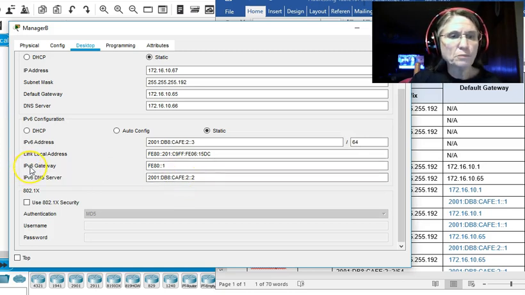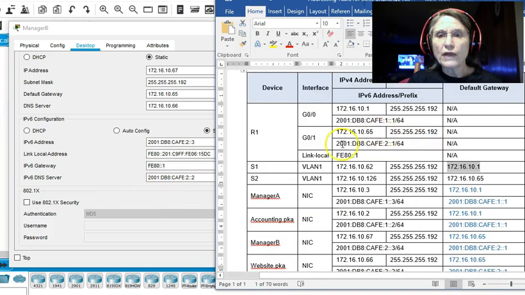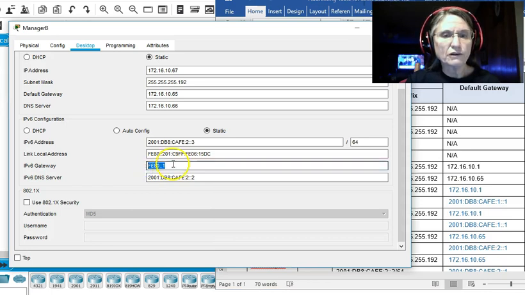So here we have the IPv6 gateway FE80::1. Well, that happens to be the link local address of the R1 router. So that is perfectly consistent with what we find in our reading, that it is the link local address of the router that is used as the default gateway for the other devices in the link. So that explains the default gateway